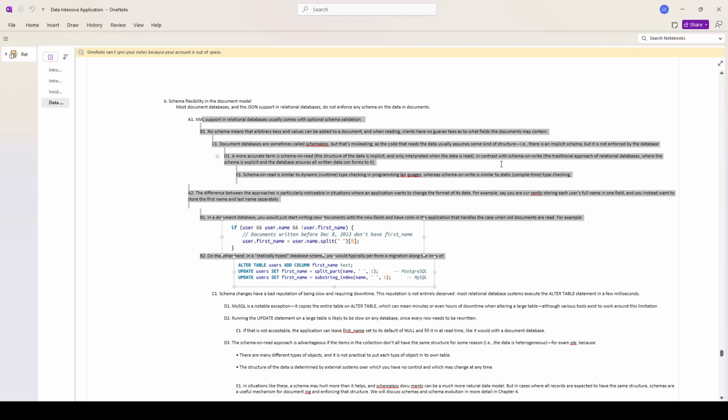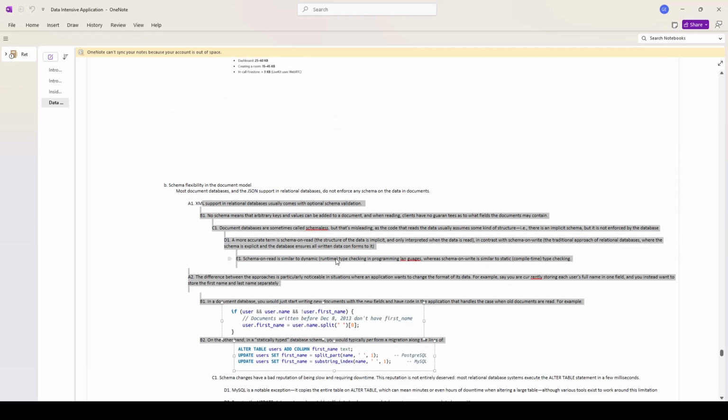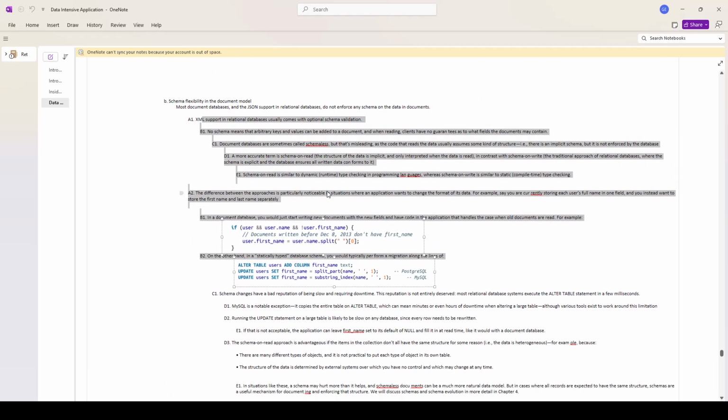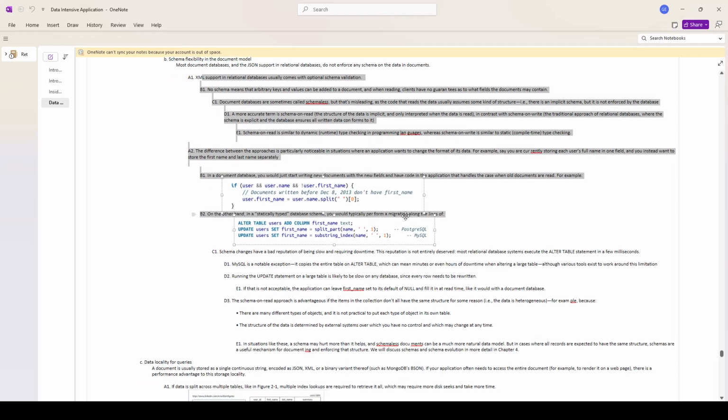In contrast with schema on write, the traditional approach of relational databases, where the schema is explicit and the database ensures all written data conforms to it. Schema on read is similar to dynamic runtime type checking in a programming language, whereas schema on write is similar to static compile-time type checking. The difference between the two approaches is